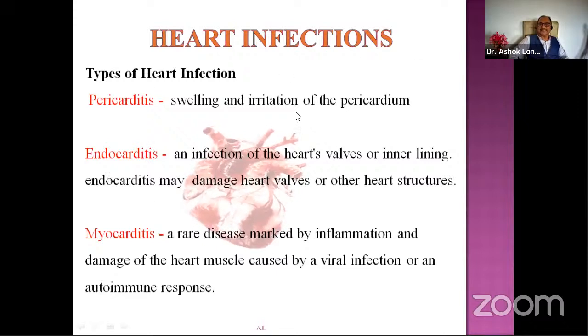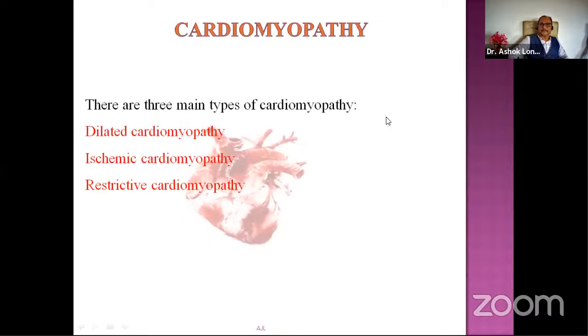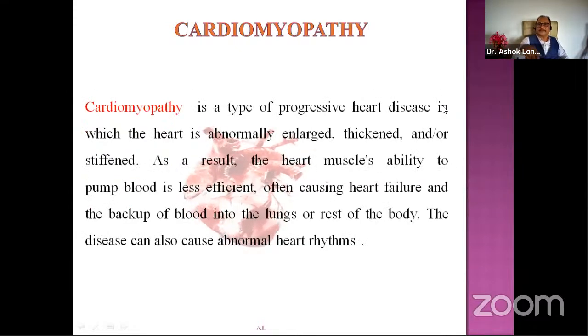Okay, what is this? Endocarditis. Now this is pericarditis. Endocarditis is an infection of the heart walls or inner lining. So the endocardium is the inner wall, which is endothelium. So it damages the heart walls. Any infection anywhere in the body can do this. That's all. Then myocarditis is related to inflammation of the musculature. So this one. Then comes this